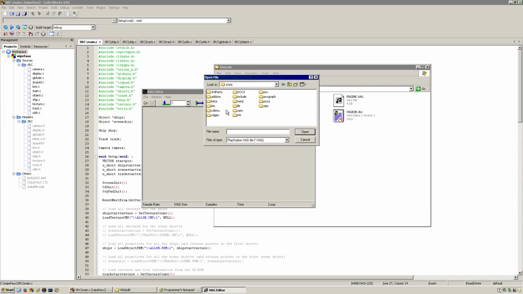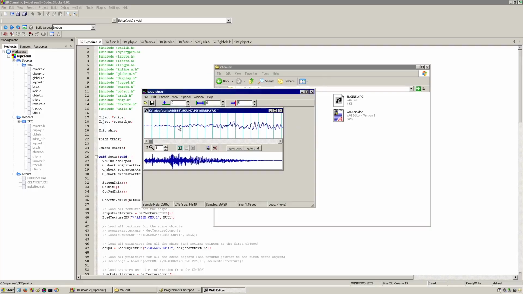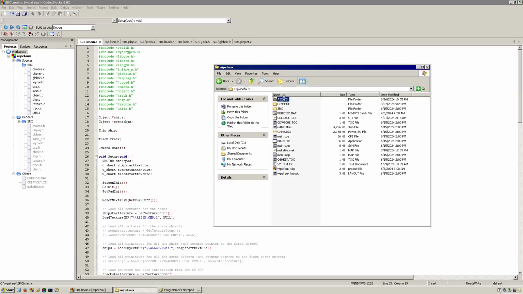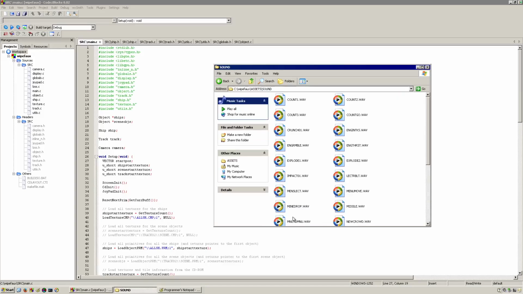So let's just open WAV assets sound. And let's select Windows WAV format, because that is the format that I have. Let's get the power up, and let's open. There you go, you have a wave illustration. That's the one I want. And all you have to do is basically just click Save. And that's it. In that same folder that you had your sound, assets sound, you're going to have a